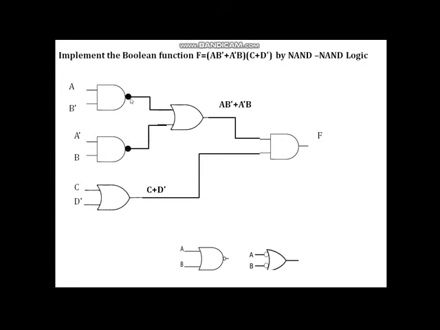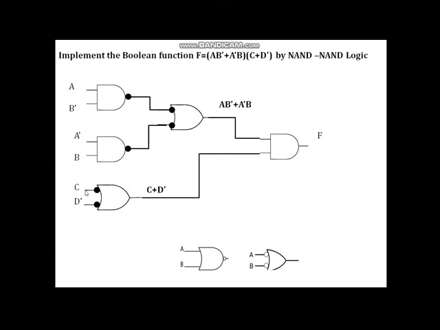Okay. So next, to convert this AND into NAND, put a bubble at the output. To compensate this, you have to put another bubble on the same line. So you have to put a bubble at the input of the OR gate. Then to convert this into NAND, put a bubble at the output. Here, to convert this OR gate into NAND, put a bubble at the input.